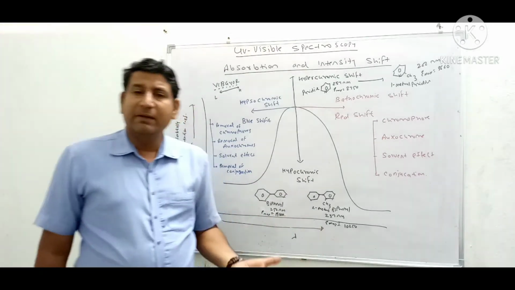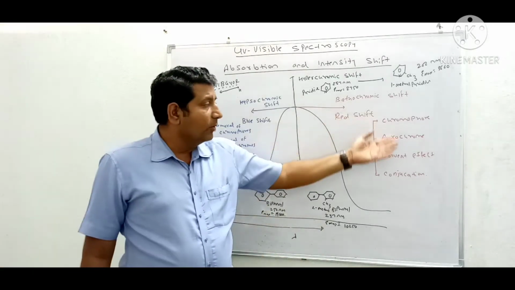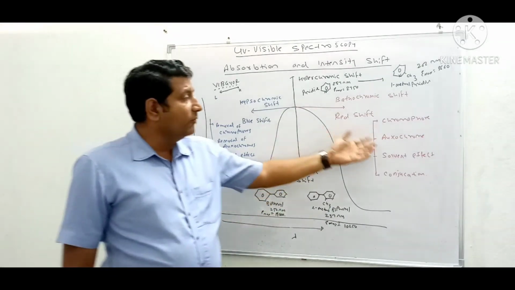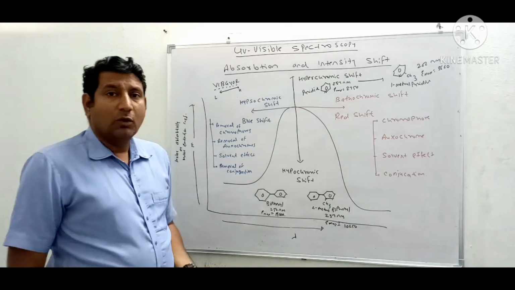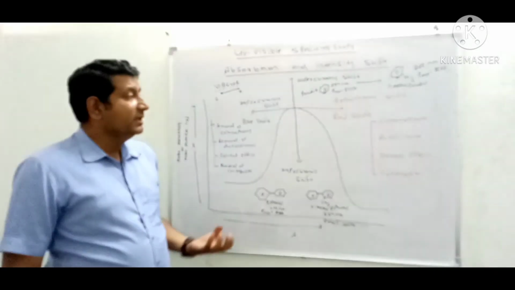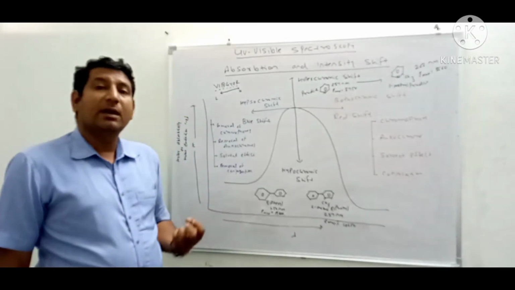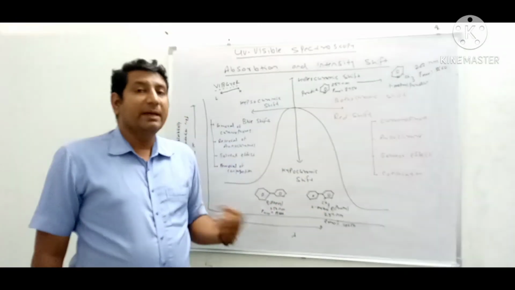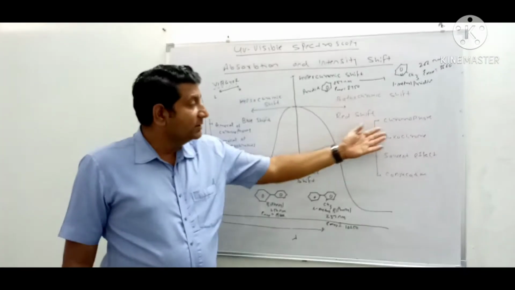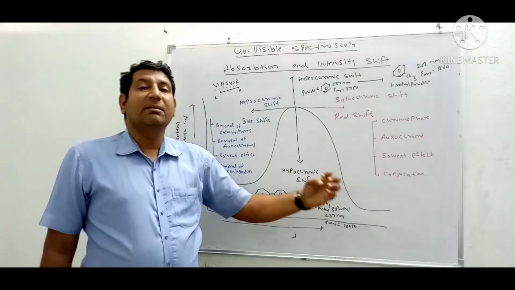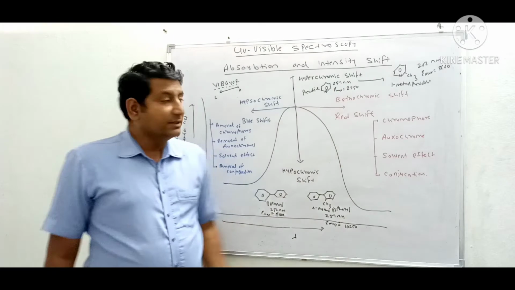We have studied in our previous lecture: addition of chromophore or auxochrome, presence of chromophore or auxochrome. You know what chromophores are? Chromophores are those organic moieties which, when attached to any organic compound, increase the lambda max of that compound. So addition of a chromophore can increase the lambda max and cause red shift.